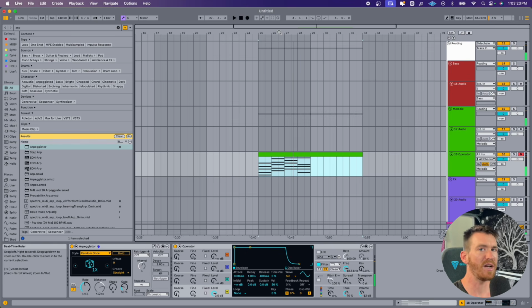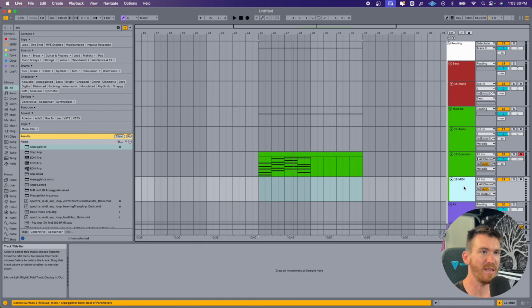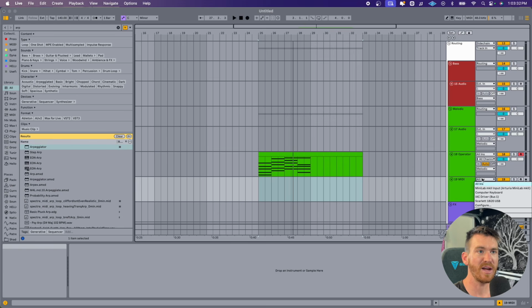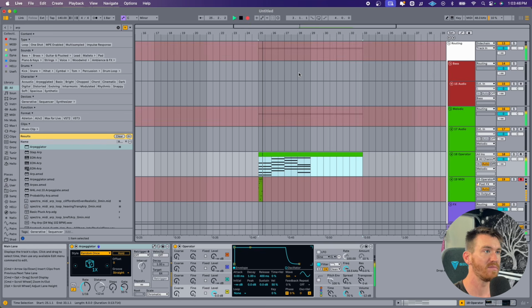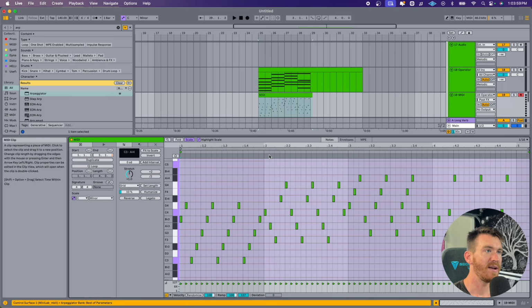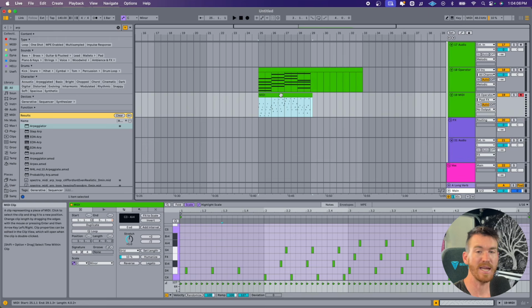Now that's great, but as I'm writing a track, I want a little more consistency than that. So what I can do is create a MIDI track underneath it, set the input of the MIDI track to the operator track that we've been working with, turn on recording arm for the empty MIDI track, and now if I press record, it's going to record the arpeggiated output of these MIDI notes. And that allows me to get in here and make whatever edits I need